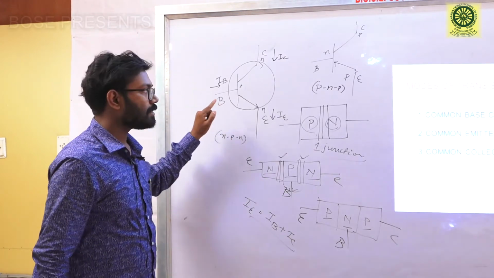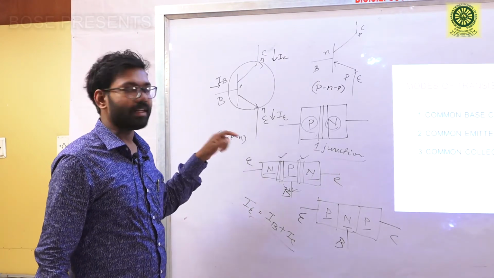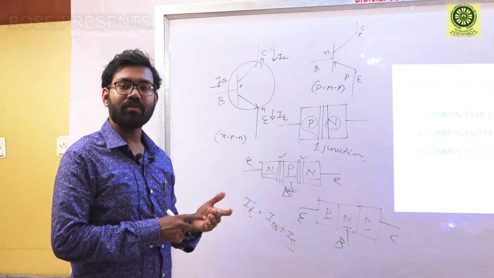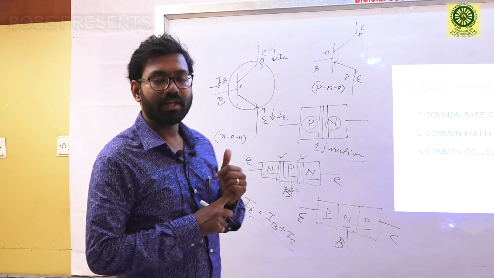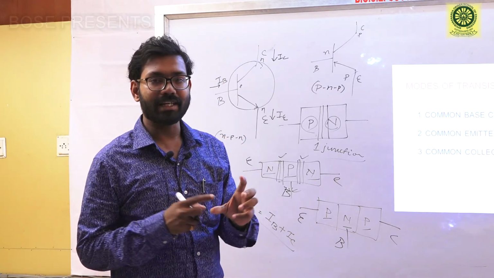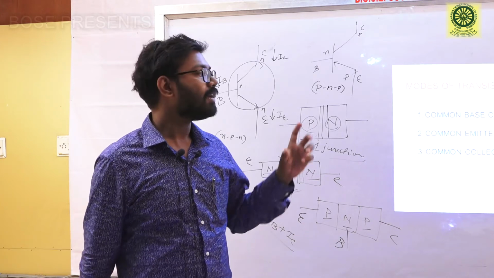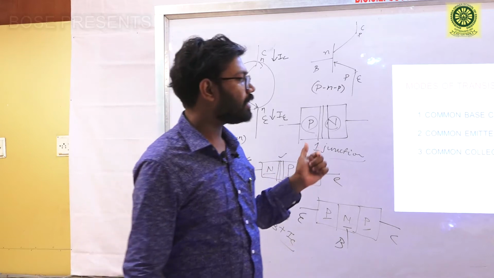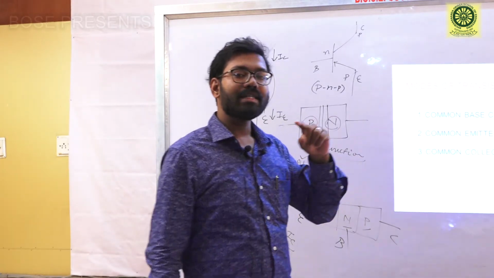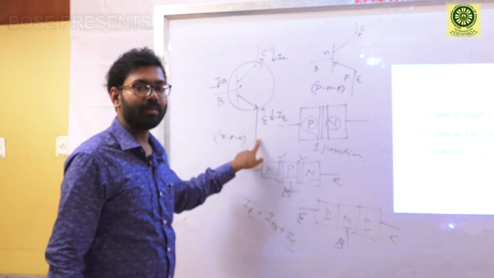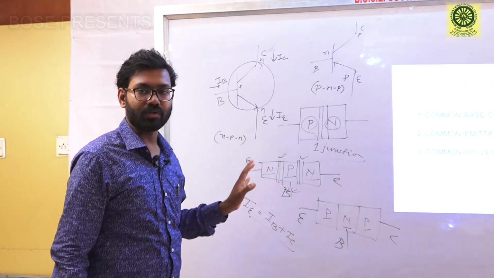So in order to give input and take output, we must have at least 4 terminals. But in the case of a transistor there are only 3 terminals, either emitter, base and collector. We don't have 4 terminals. So in order to provide that input and output, we must make some arrangement. What do we basically do? We make one terminal common. Common means common to both input and output.